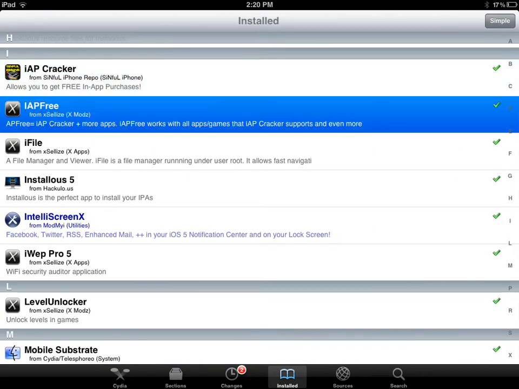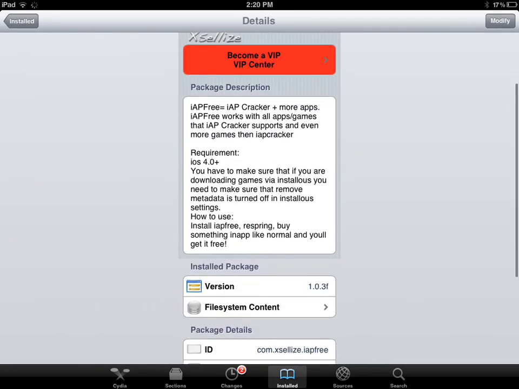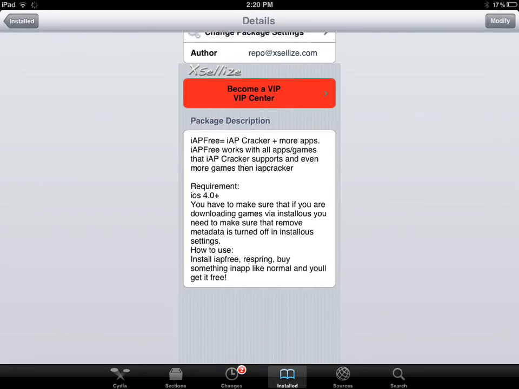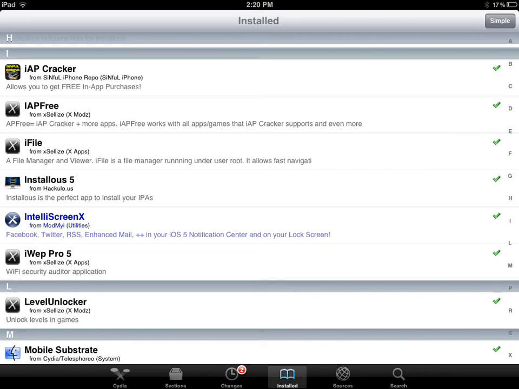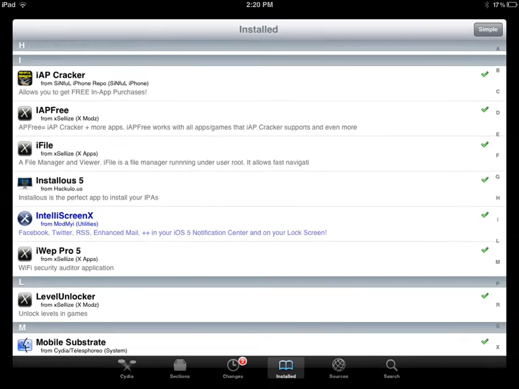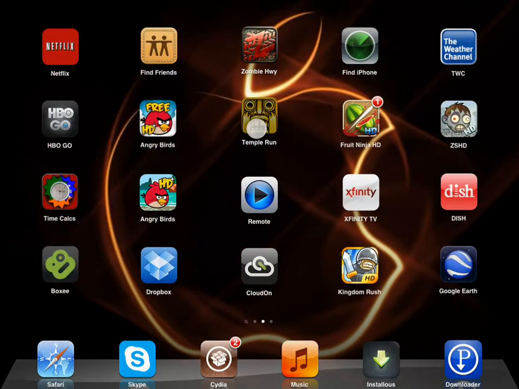Another one is also iApFree. It's the same thing, except it's more apps. iApCracker works a little bit better. iApFree is a little bit iffy, but there are more apps on that. And I'll show you an example of this. If you go into Temple Run,